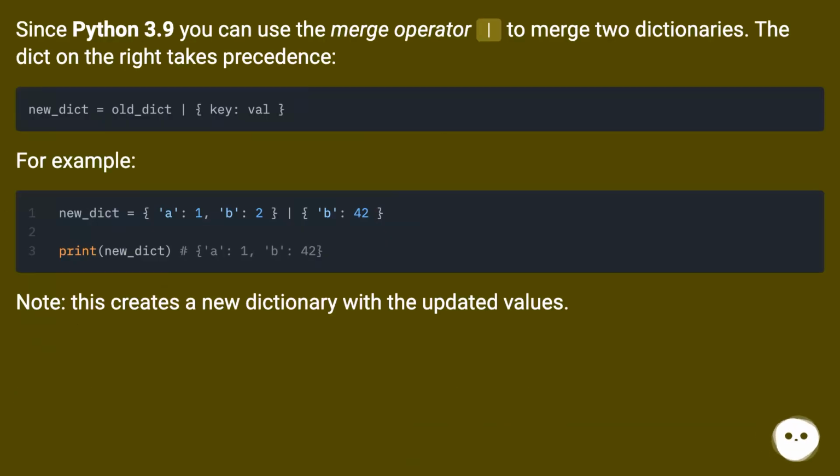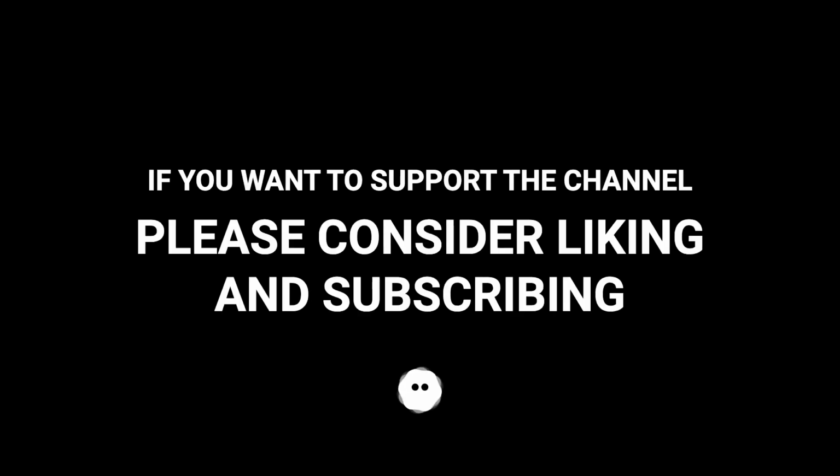Since Python 3.9 you can use the merge operator to merge two dictionaries. The dict on the right takes precedence. For example, note, this creates a new dictionary with the updated values. In this case, you can do